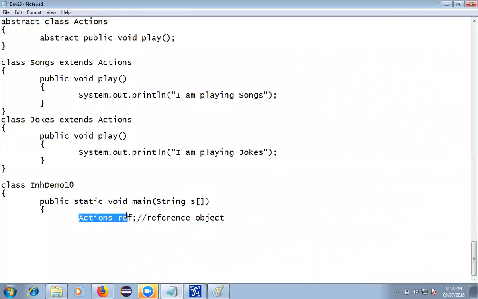Here, actions ref: ref is a reference object, and on this reference object I can create an instance. Suppose my choice is 1. If my choice is 1, then create the